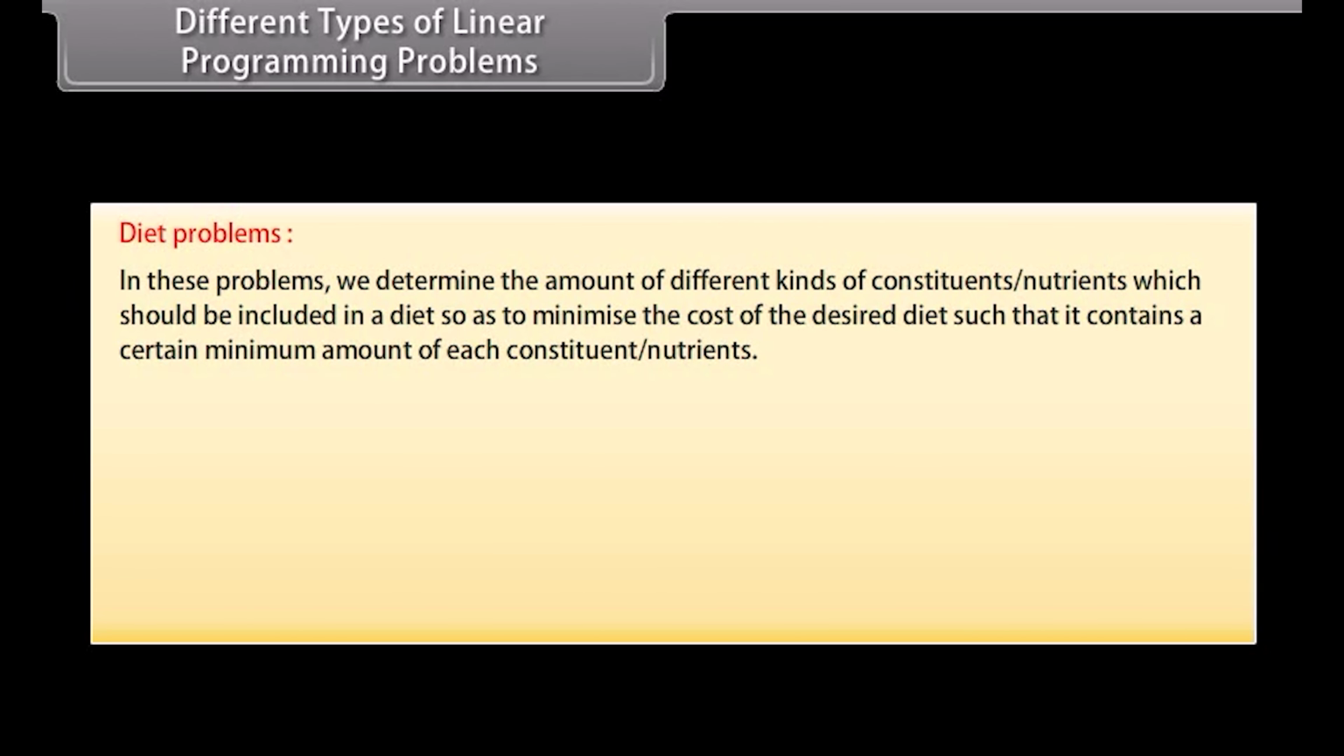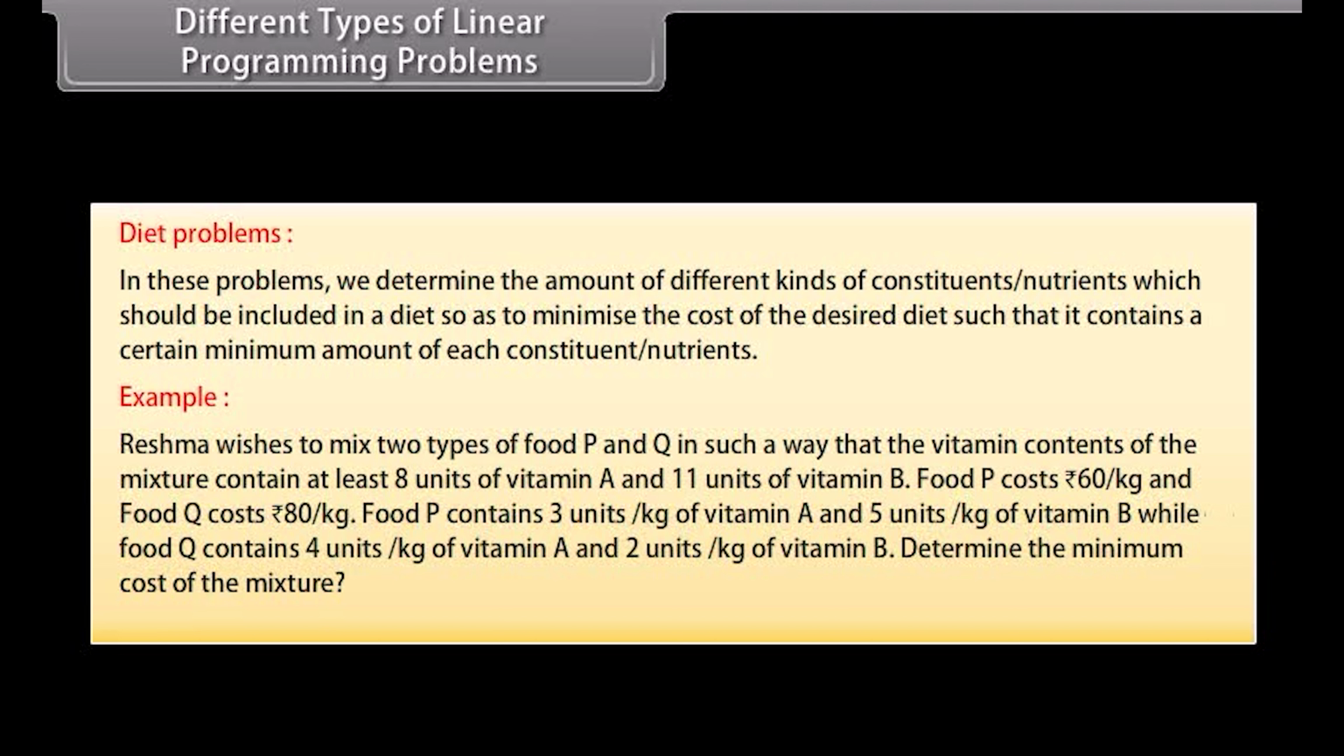Diet problems. In these problems, we determine the amount of different kinds of constituents or nutrients which should be included in a diet so as to minimize the cost of the desired diet such that it contains a certain minimum amount of each constituent nutrients. Example: Reshma wishes to mix two types of food, P and Q, in such a way that